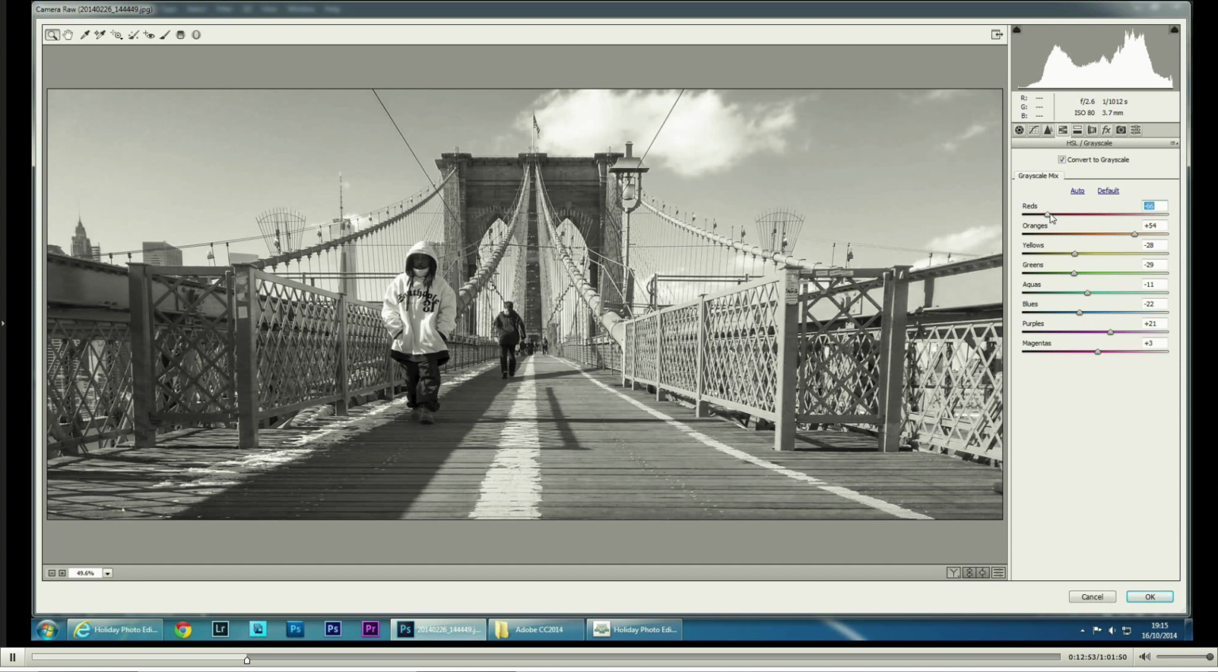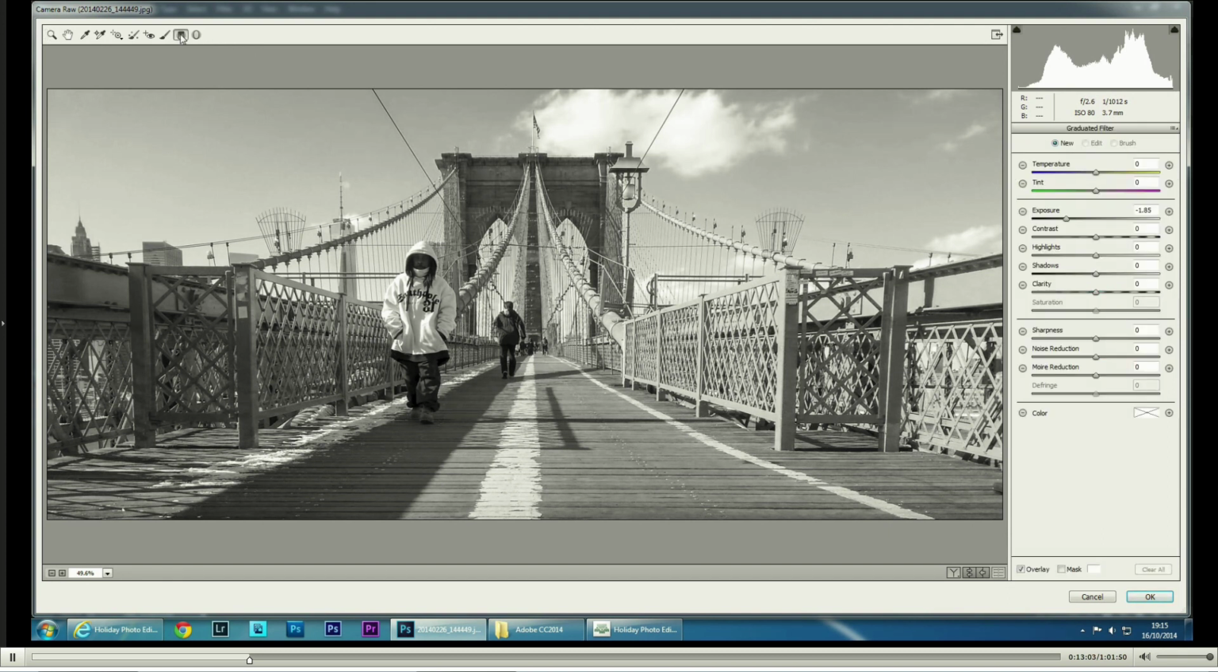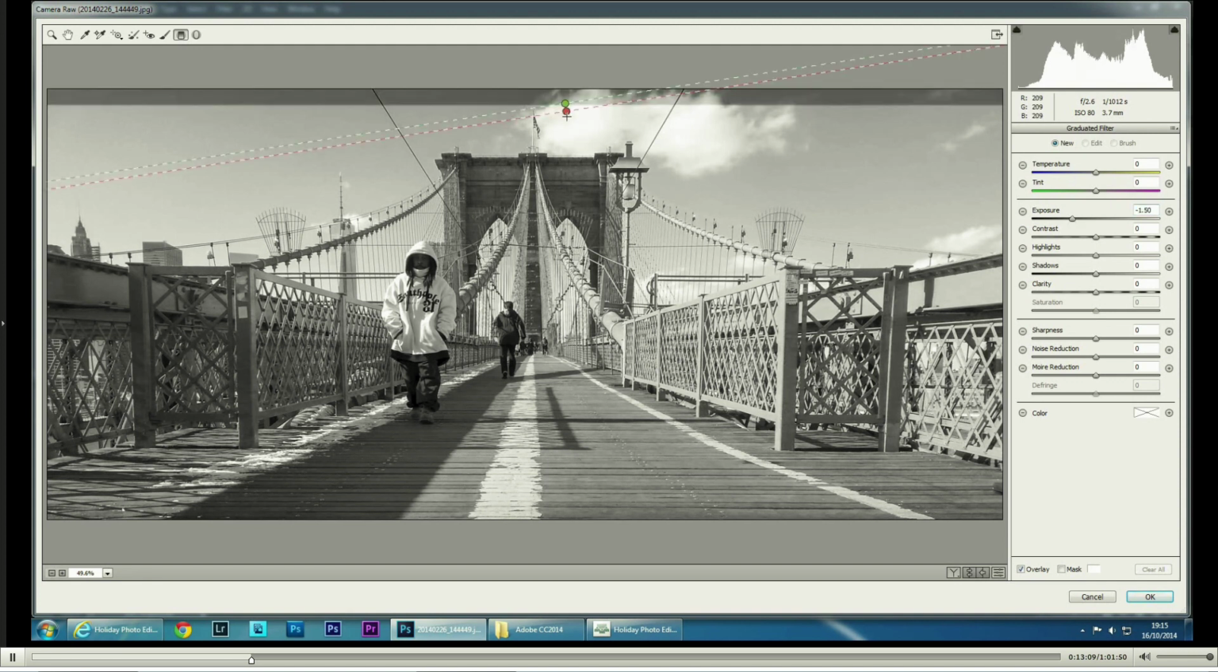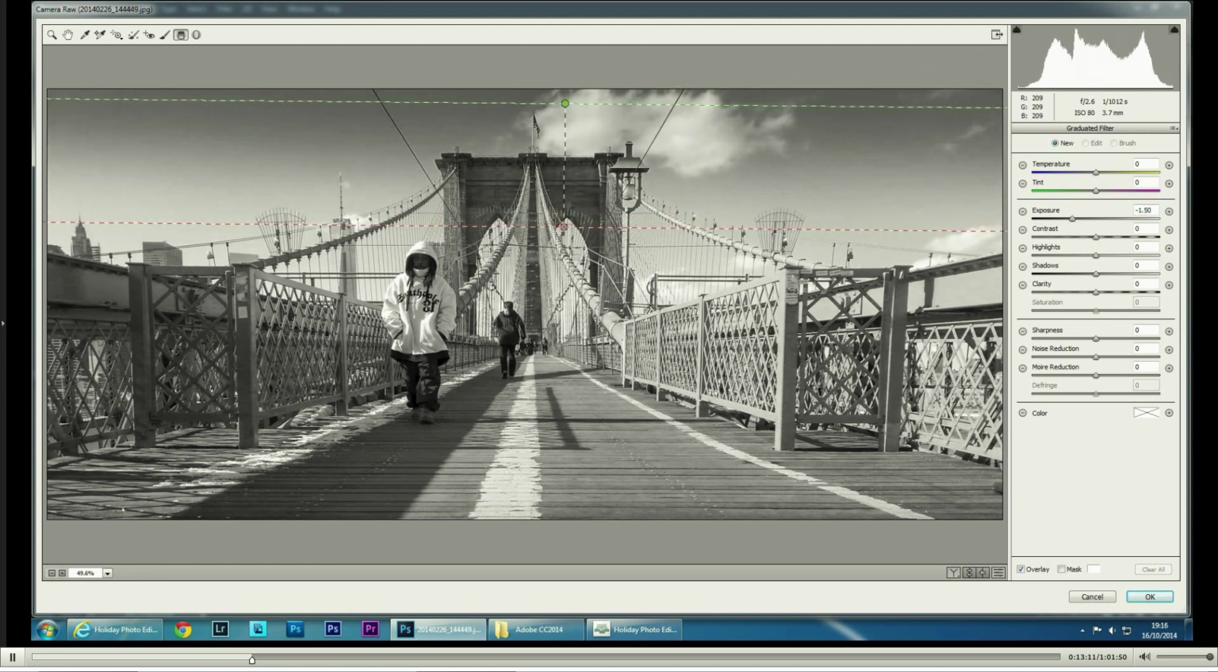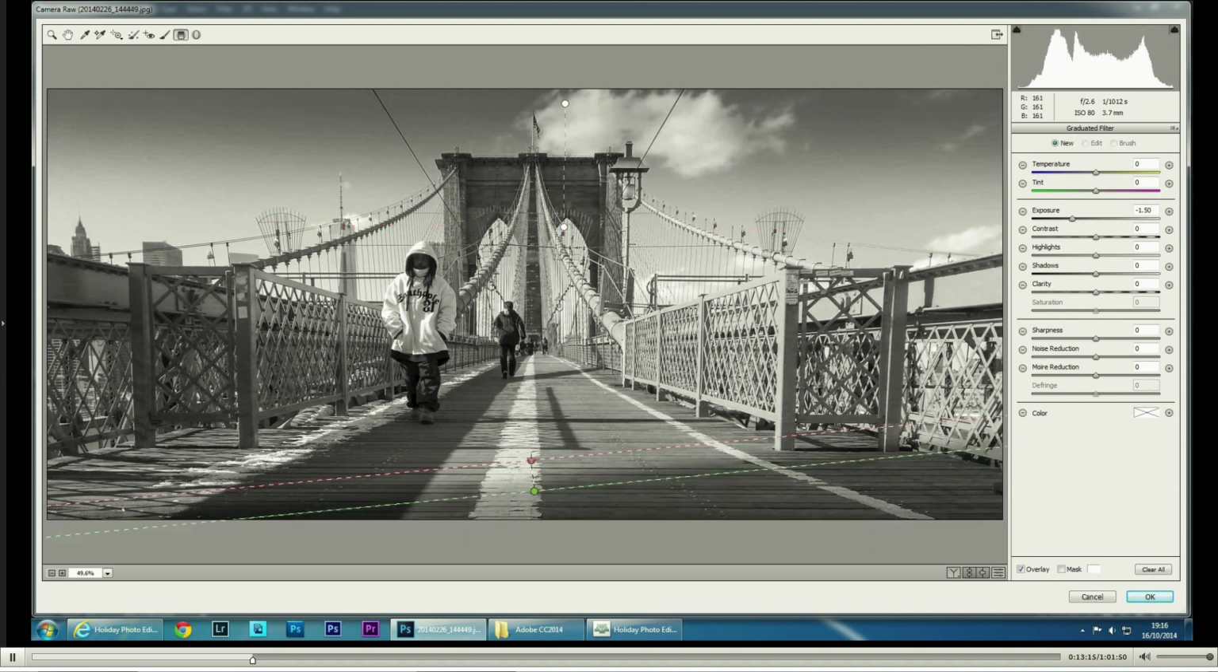Although this is a JPEG, and although I'm using the Camera Raw filter, I've got all of the toys that Camera Raw gives me normally. So I've got things like the graduated filter. And with the graduated filter, I can say, let's just have a stop and a half of less light up on the sky. So I can just darken that sky down and maybe a little bit less light down on the footpath